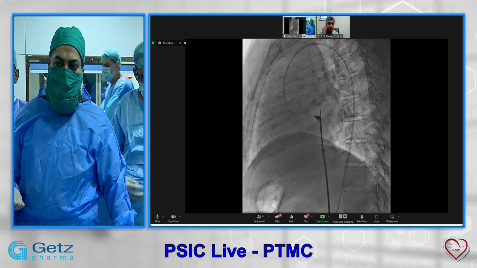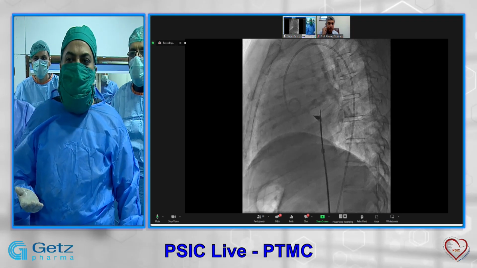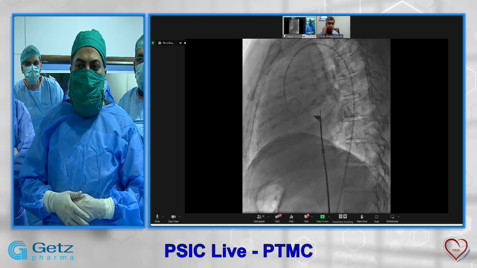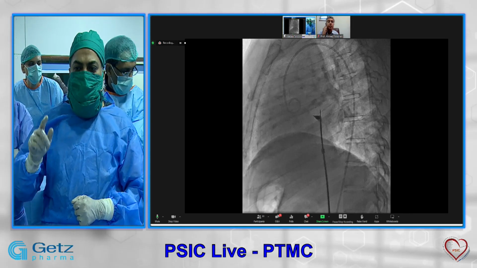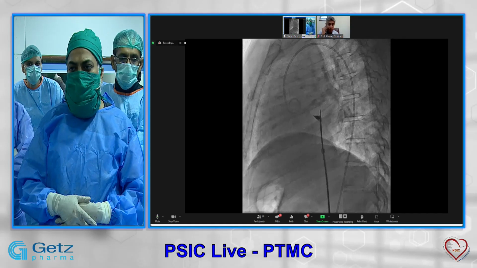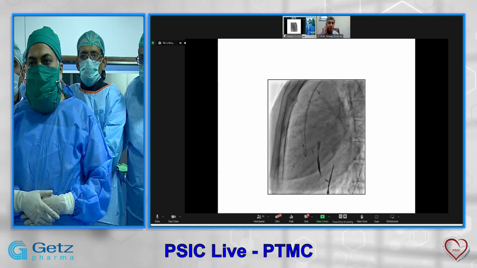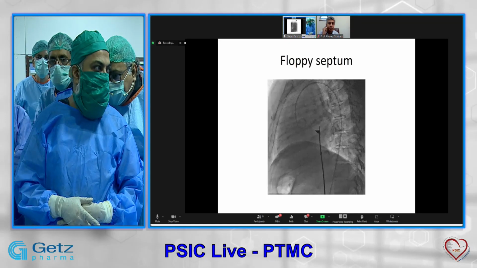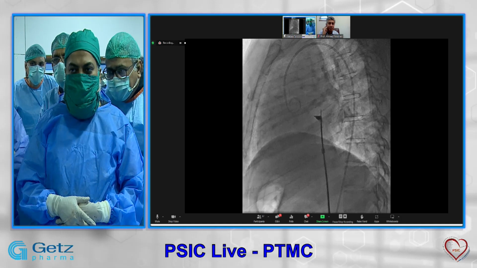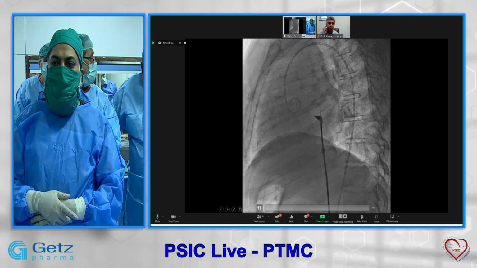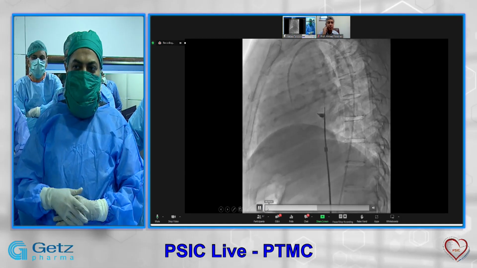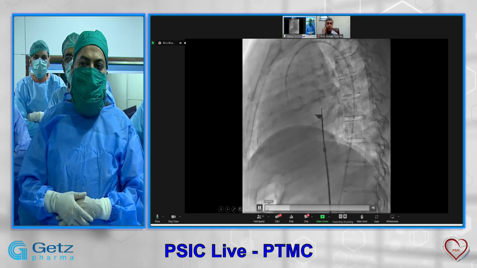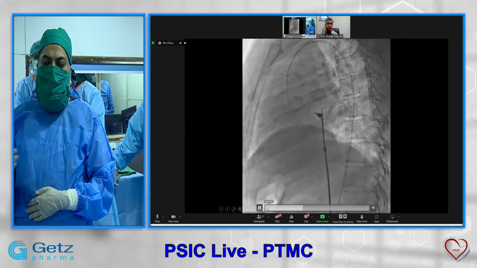But in Pakistan, we all know that we are used to doing these things under fluoroscopy. So what we do is we stain the septum, and just after the puncturing, we give the dye. Can you run this slide, please? Yes. 10 minutes. Okay. So this is an important thing you need to understand. You need to see the distance so that you will know how much further you can take your needle in if you have this floppy septum. Next, please.